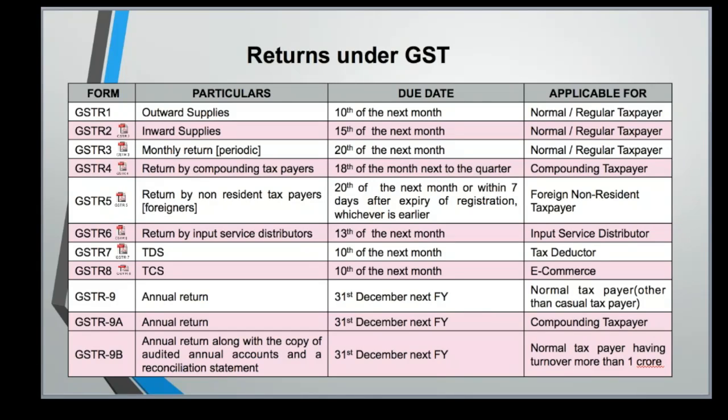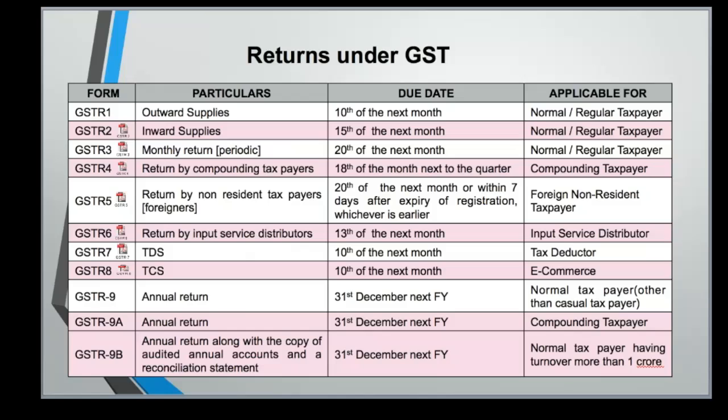So you need to either accept, reject, or modify. If everything is okay, you may accept it. As soon as you accept, your 2A becomes your 2. Similarly, you can reject some credits if you know this is not a correct invoice, or you think somebody has mistakenly given your GSTN number and it is coming in your portal. You can very well reject those, and in case of modification, you can modify the details.